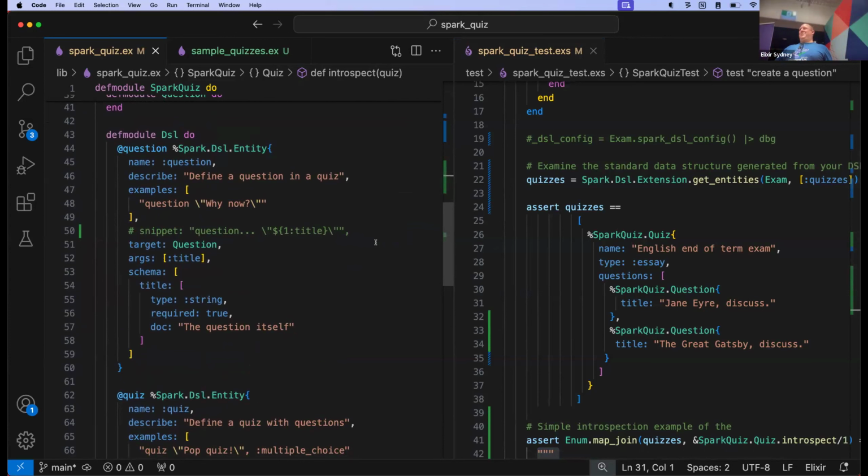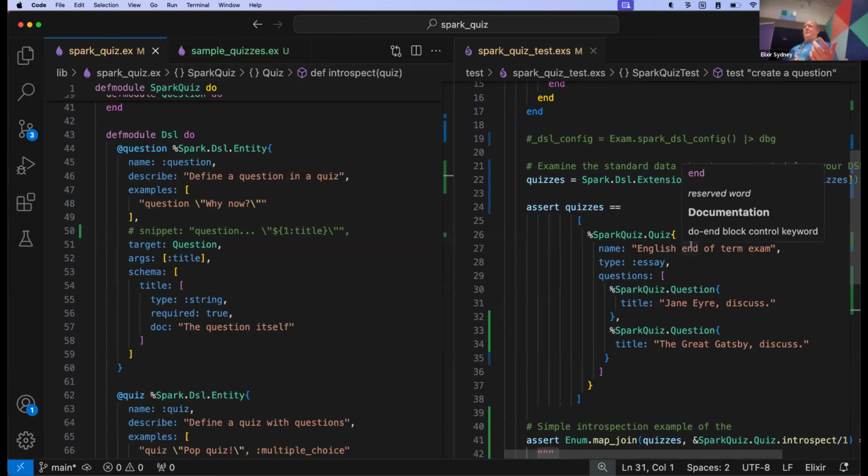Which is precisely what we were trying to avoid doing in the first place, because structs aren't particularly useful. You could just write the struct yourself, but that isn't particularly readable or writable or consumable by less technical people. So what you're trying to do is have something a little bit more approachable and a little bit more readable. And structs do not give you the same kind of facilities to do the hover help. They give you something, but not all of it.